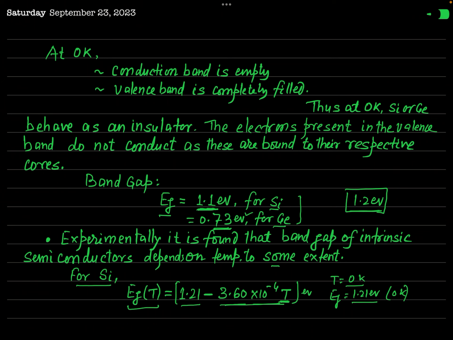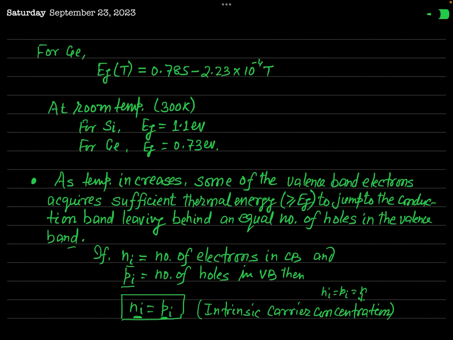1.21 electron volt. So actually, this value 1.21 electron volt is the band gap of silicon at 0 Kelvin temperature. But if temperature is increased, you will see that Eg will decrease from this 1.21 electron volt value. Okay, this is clear from this result. Similarly, in case of germanium, the band gap at temperature T is given as